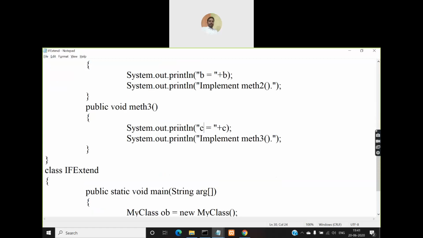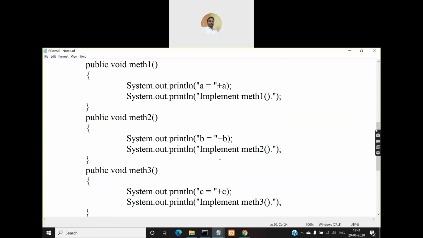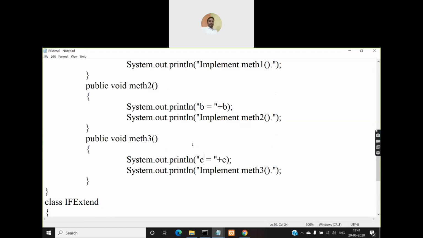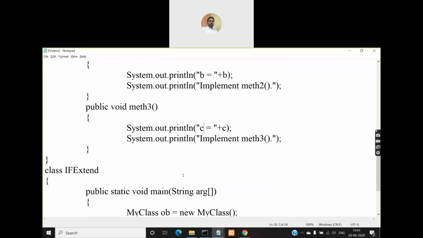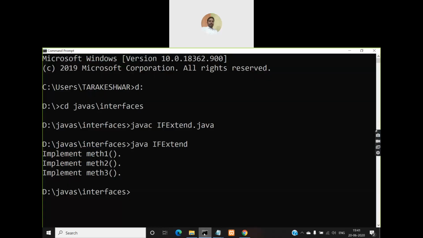I'm trying to access all the three variables A, B, C in all those three methods, met1, met2, met3, right? So let us see what will happen.